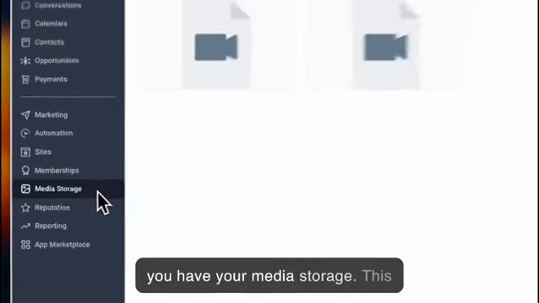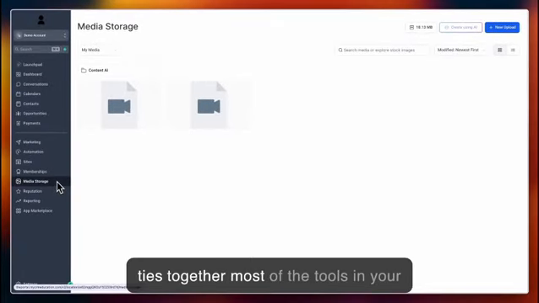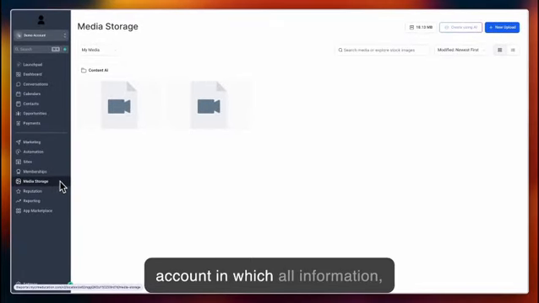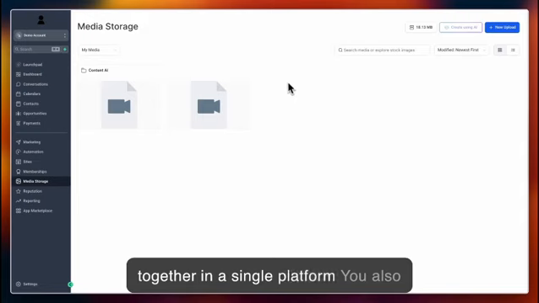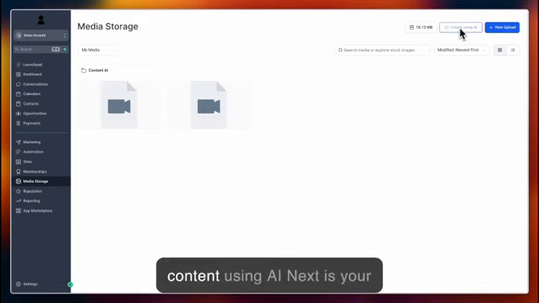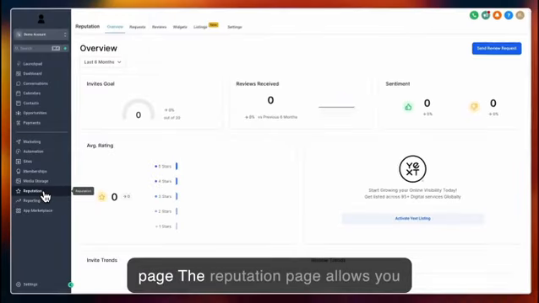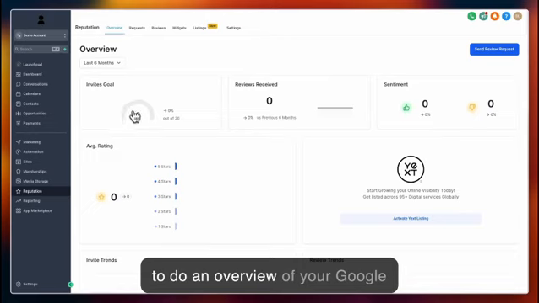Next, you have your media storage. This ties together most of the tools in your account in which all information, images, videos, files can be pulled together in a single platform. You also have the ability to create images and content using AI. Next is your reputation page. The reputation page allows you to do an overview of your Google Business Profile as well as your Facebook, reviews,